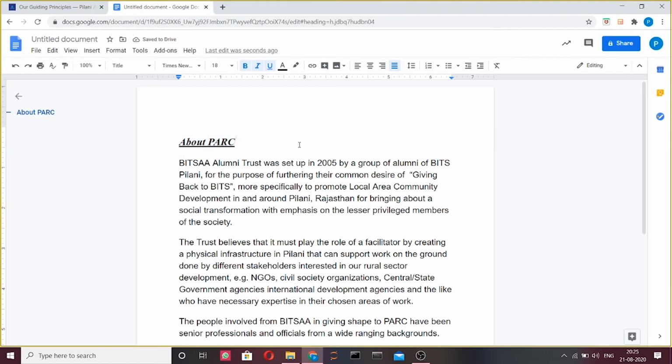The next feature we look into is insert link, which allows you to insert a hyperlink into the document. Hyperlink is the address that you had typed in the search bar earlier. For this, we first select the necessary text we want to attach the link to. Then, we select insert link.